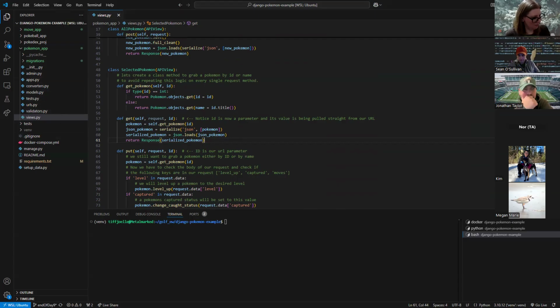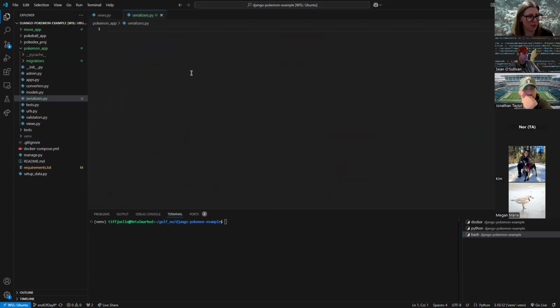So we're going to dive into this. First thing we've got to do is create another file. And in Django, the best practice is to name it serializers.py. So this is where I'm going to store